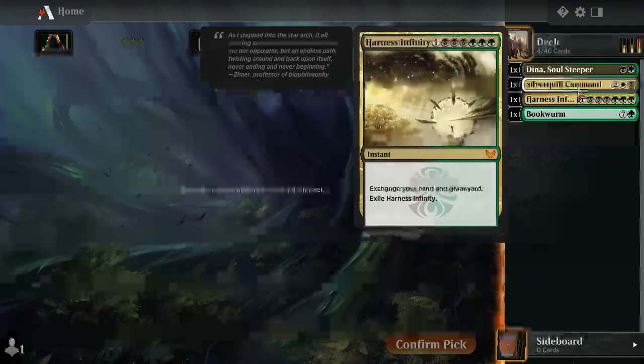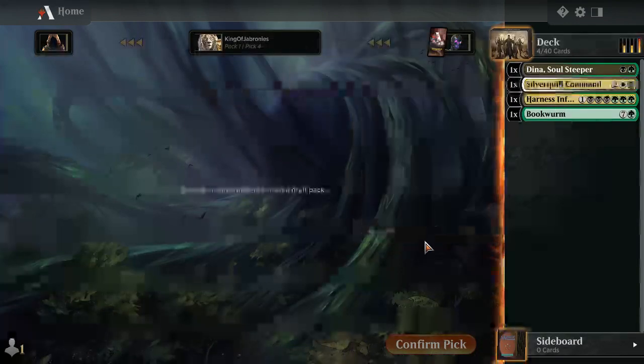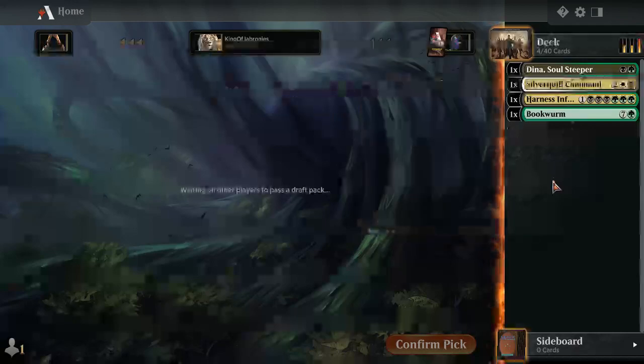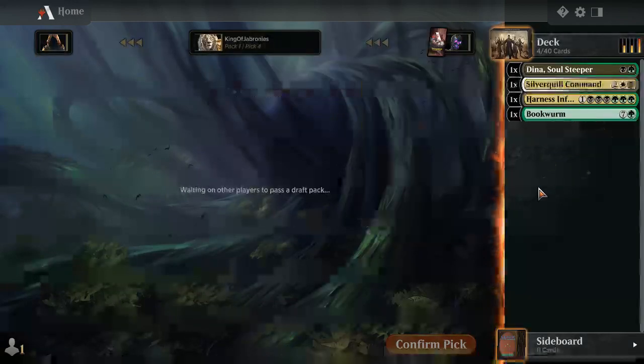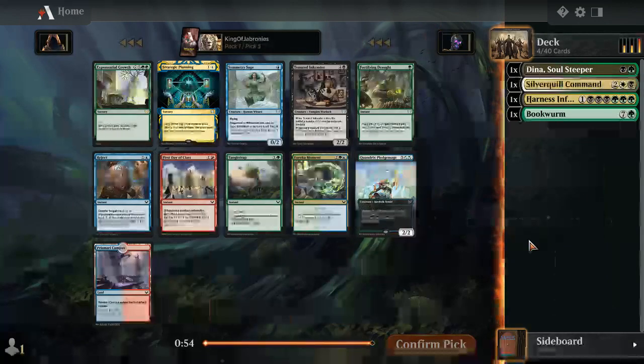So Harness Infinity and Bookworm. This is sweet. Haven't drafted this archetype yet. I mean, I did draft Witherbloom, but I haven't drafted the ramp Witherbloom deck, which is trying to be more controlling and making it to the late game. Because usually the Witherbloom decks tend to get outvalued,